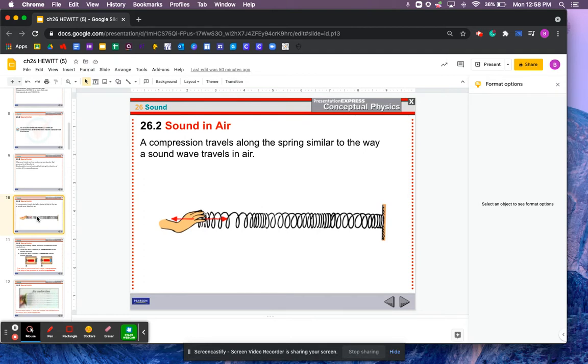When you produce a sound, you're producing a disturbance in the medium. For example, me talking, I'm producing a disturbance in the air around me. You clapping your hands, you're producing a disturbance in the air around your hands. You're not producing anything else, like there's no photons or any other particle being created. It's just the air around that's moving. And it's going to move similar to this slinky right here, in a longitudinal format, meaning there are areas where it's really compressed and areas where it's really far apart.